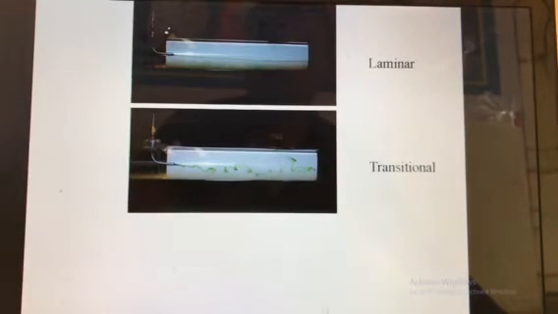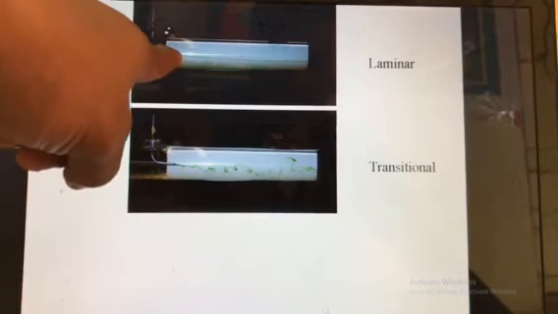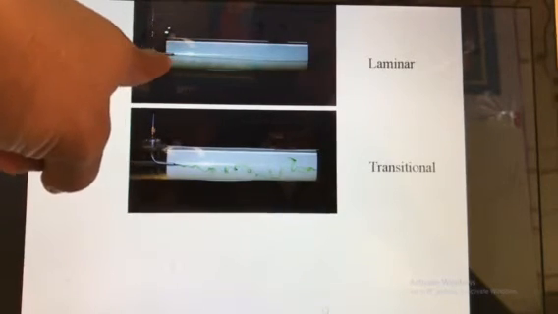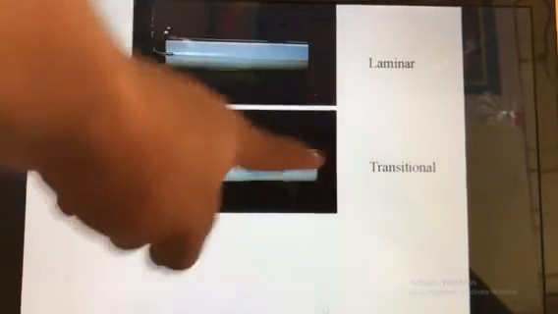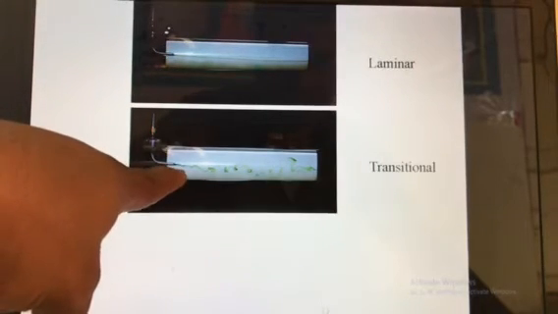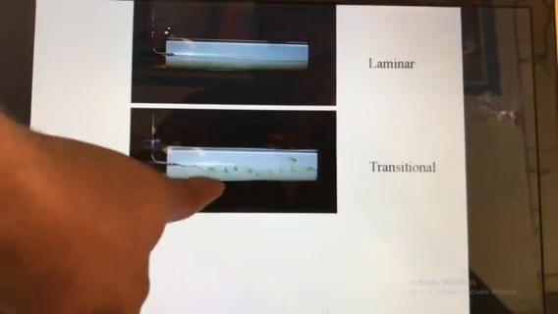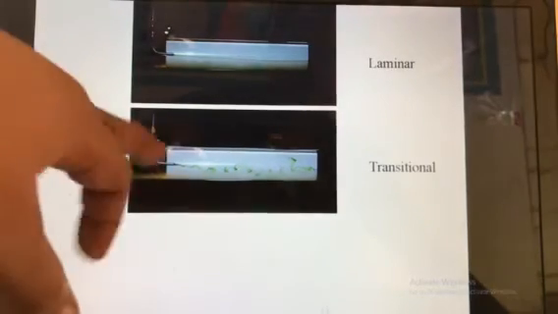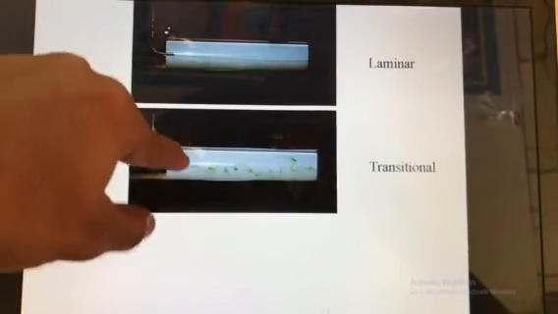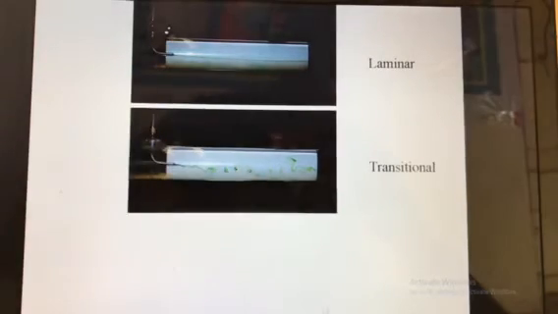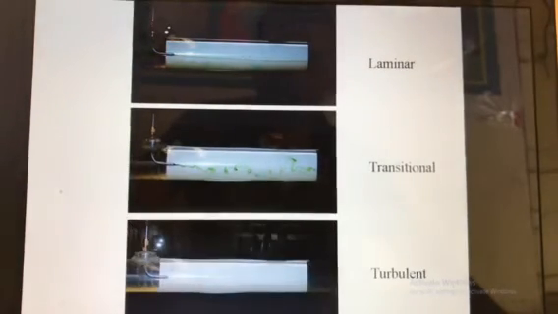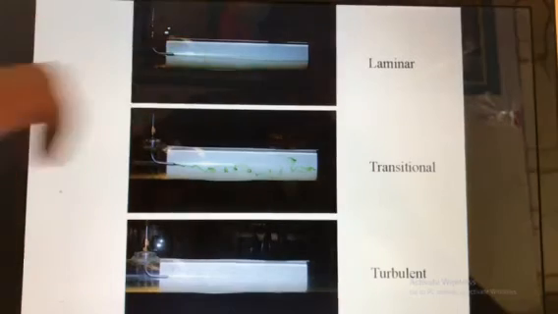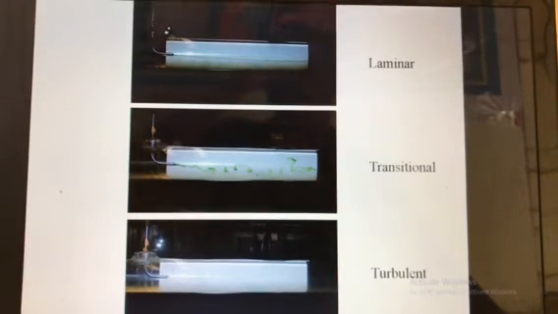This is laminar, where the flow takes a straight and parallel path. This is transitional, which means a zigzag wavy pattern in which each fluid particle is in parallel motion. And this is the turbulent flow, meaning mixing of all the fluid particles, or due to higher velocity they will mix and move in random direction or zigzag pattern.